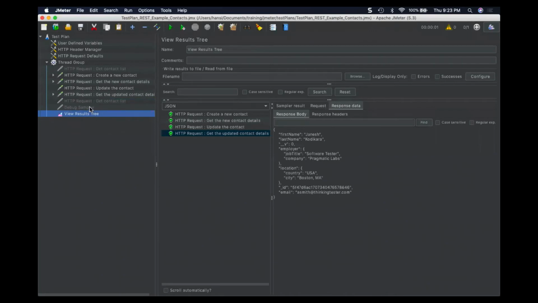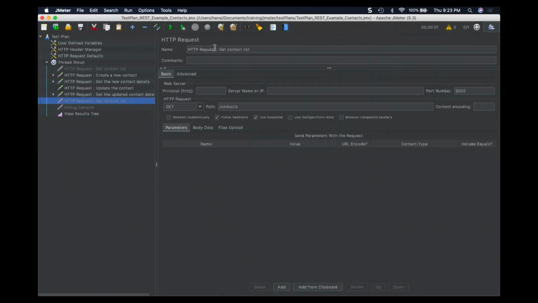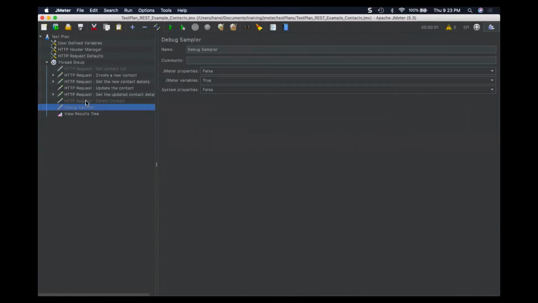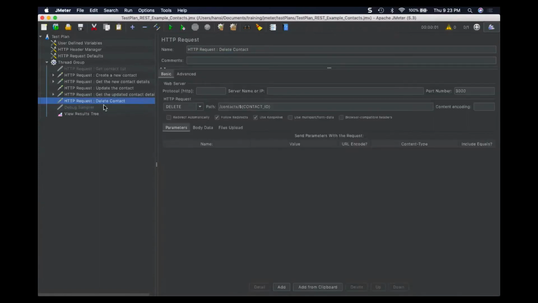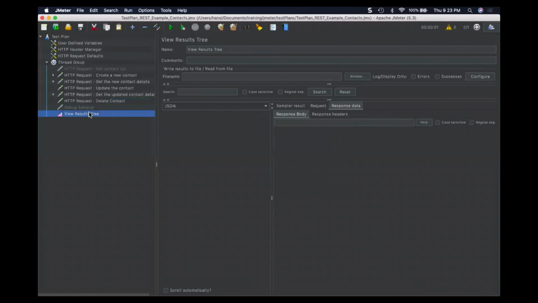Now in the delete, change the method to delete, /${contact_ID}. Let's enable it with Control T, Control E and Control R.